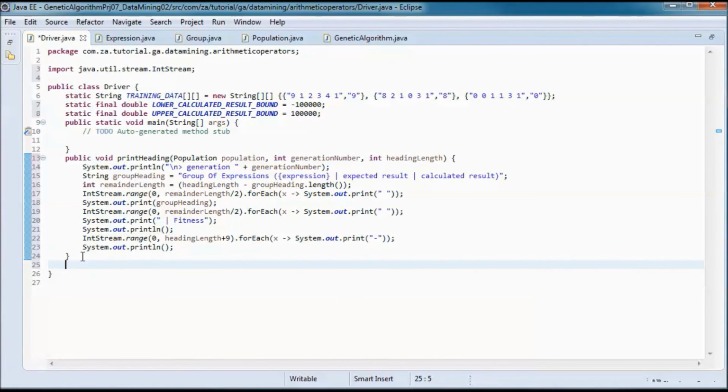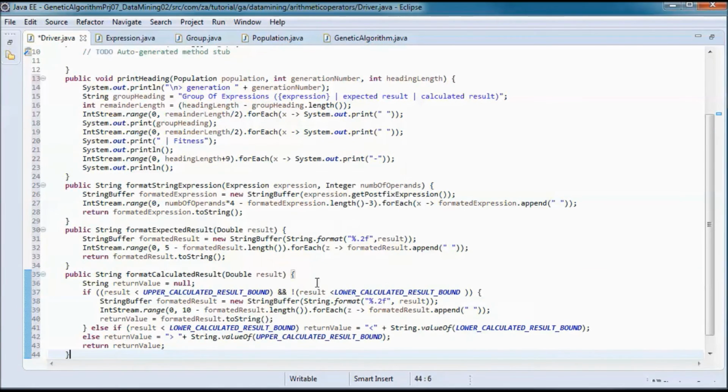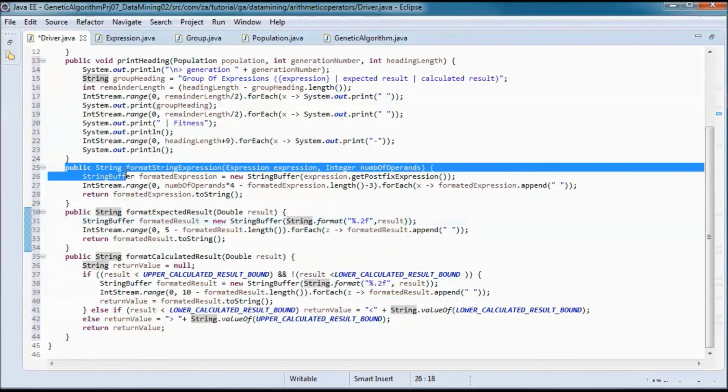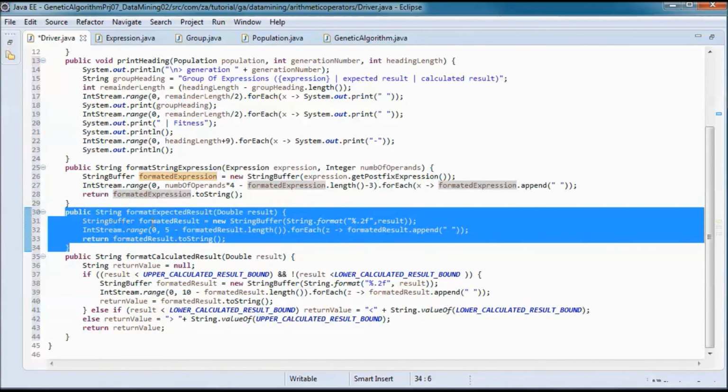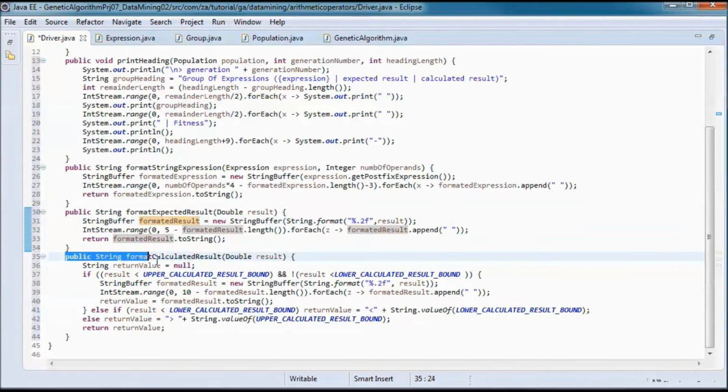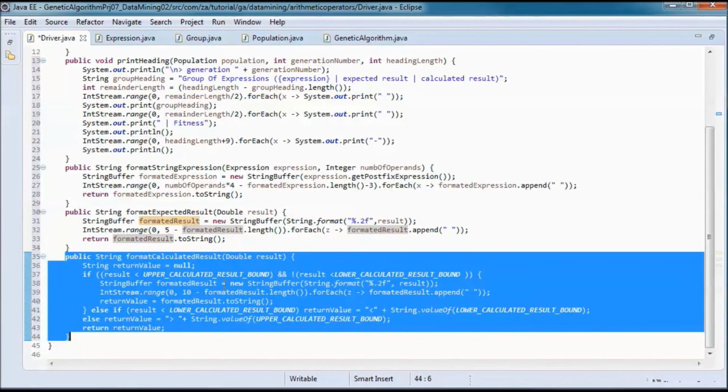And 3 formatting methods: format string expression, format expected result, and one for formatting the calculated result.